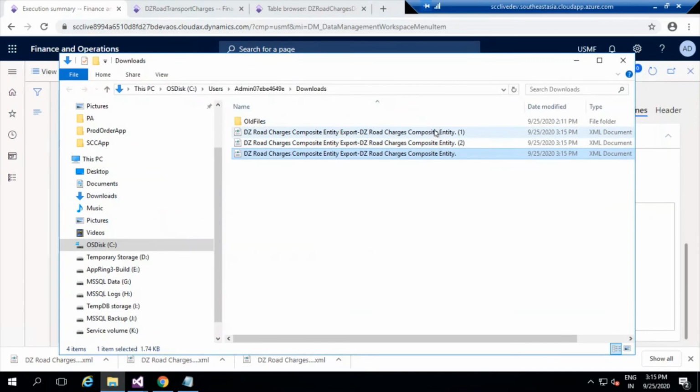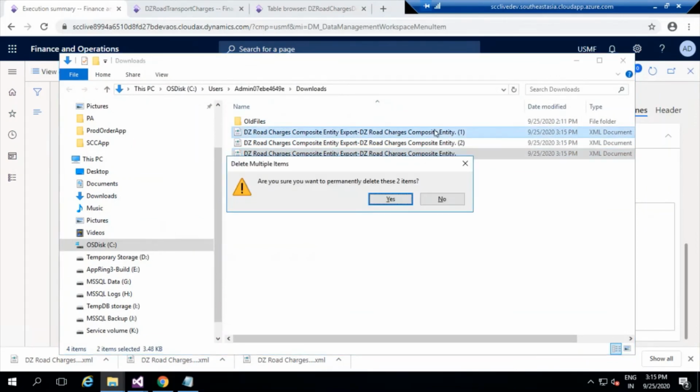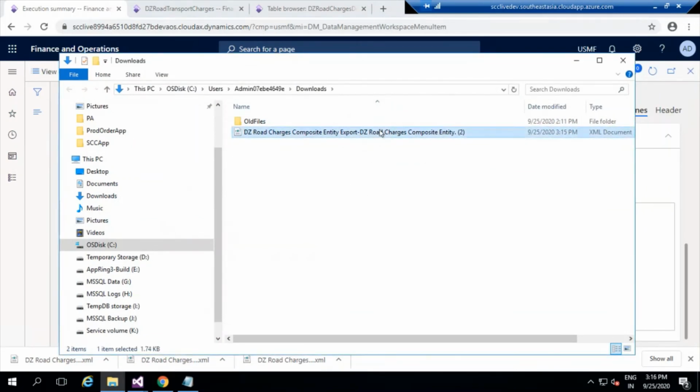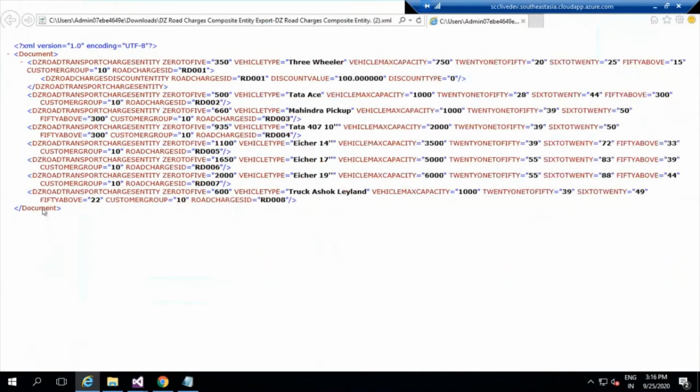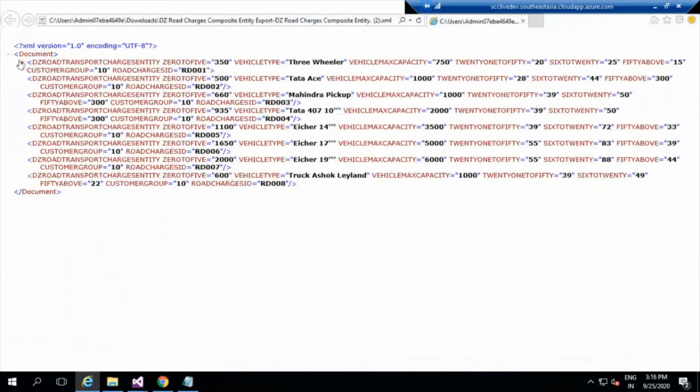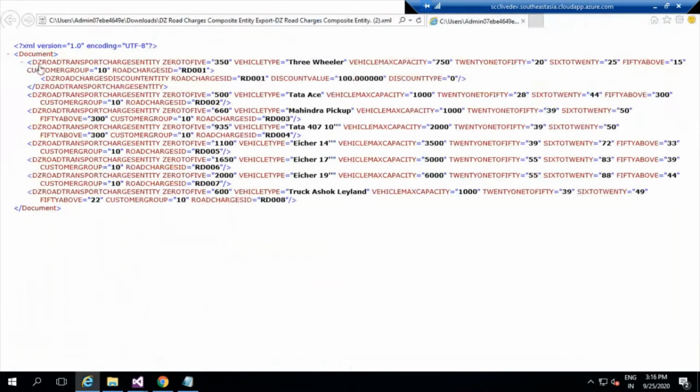This is coming from Compass. I'll just delete these two things, which are not required. This one I'll take. And this is how the record will be available now. As you can see, this will be the original record, since I've just created one record to get the structure of it. So now what I can do is copy this particular structure and create it for all the records. It is not necessary that you always create one line; you can create multiple lines also. That's what we are going to play around with now.